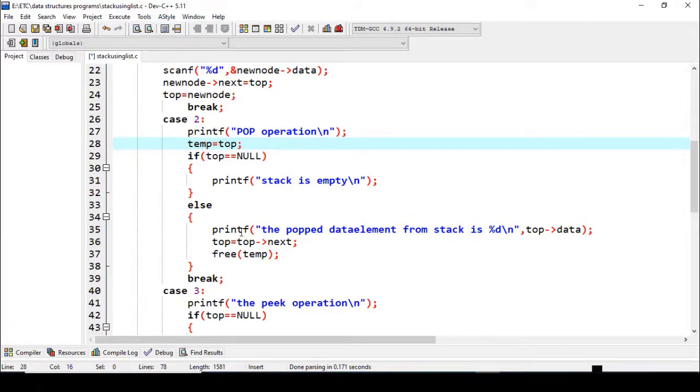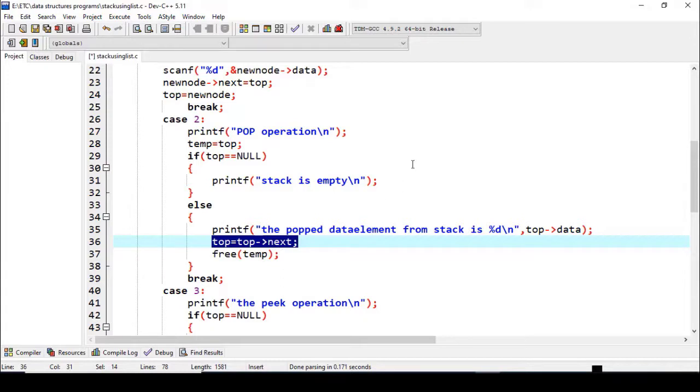So first of all, उस डेटा को प्रिंट कर रहे हैं हम यहाँ पे. The popped data element is %d, top->data, and then top has to be decremented. Each and every node, we consider that the address field is holding the address of the previous node. That's the reason I can perform this operation, that is top = top->next.